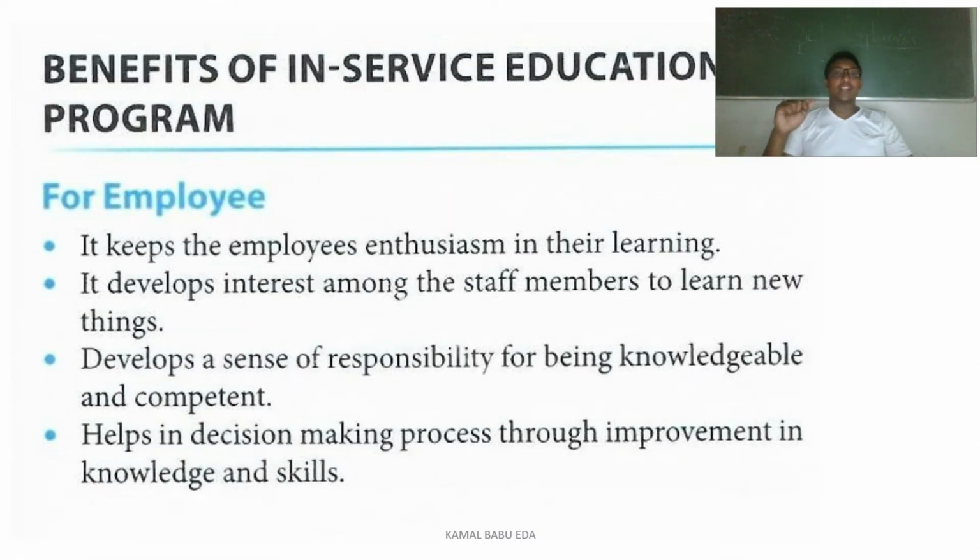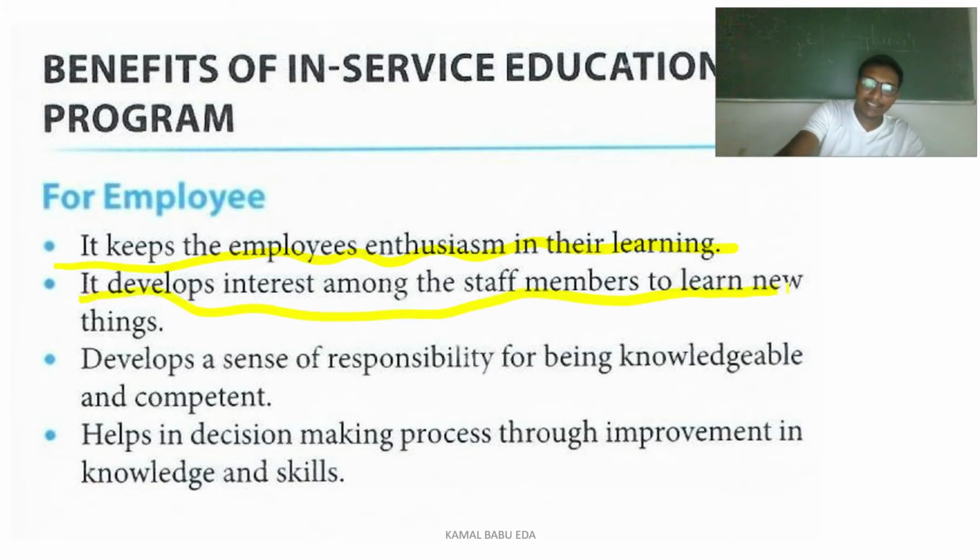Now we'll see the benefits of in-service education, for the employee and for the organization. Firstly, for the employee, it keeps their enthusiasm in learning. The employee always wants to learn something and apply it in clinical practice. It develops interest among the staff members to learn about new things.